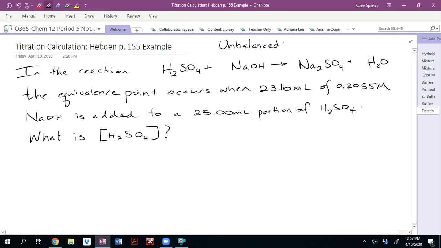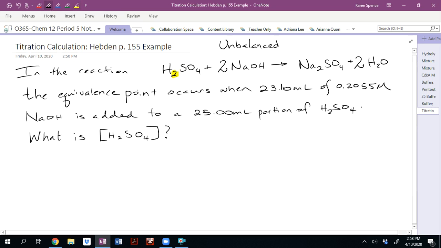unbalanced. So watch out if your hydrogen has a 2 or a 3 or a 4, or if your hydroxide were to have a 2 or a 3 or a 4, chances are you will have to balance the equation, and they might not always tell you to do that. So watch out for that. In this case, it's pretty straightforward. We have 2 hydrogens, so we need 2 hydroxides in order to neutralize that, and that will give us 2